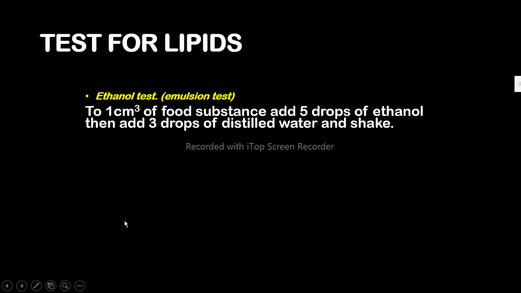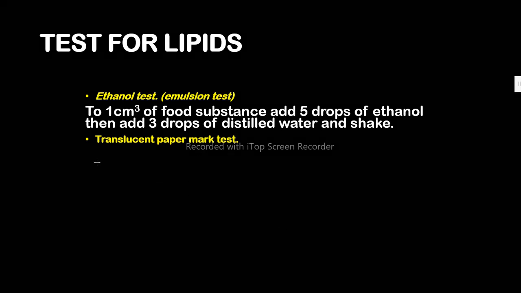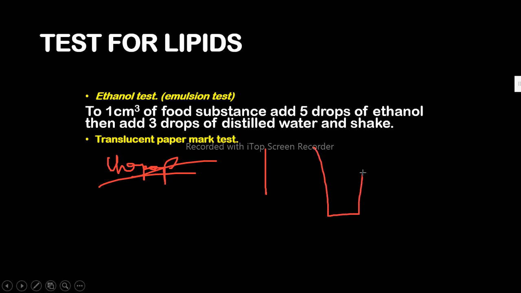Then there is one which is easy, the translucent spot test. I'm sure all of you have seen this somewhere. I'm sure all of you have ever bought chapatis. Let me use Rolex because it is the one that is common to both girls and boys. Yes, you've bought Rolex, and then they put the Rolex in a paper bag. I cannot sketch the paper bag, something of this kind. So you hold here. So they put the Rolex in the paper bag.